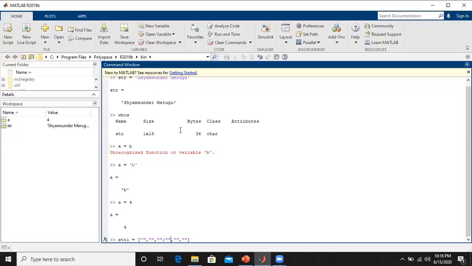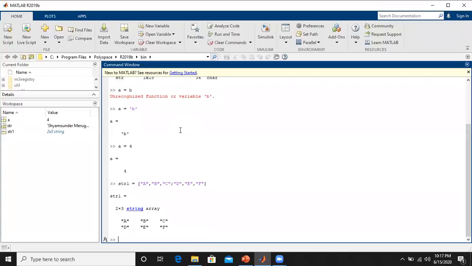I just type the letters inside double quotes: A, B, C, D, E, F. So this is the string array that I have created with the characters A, B, C, D, E, F.